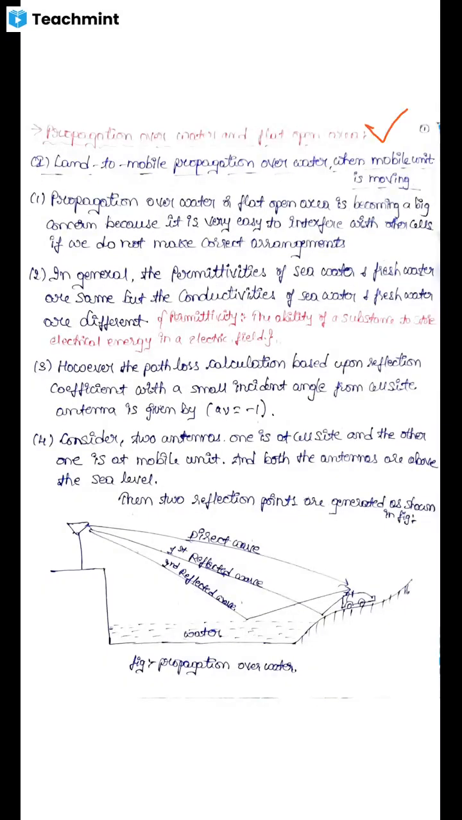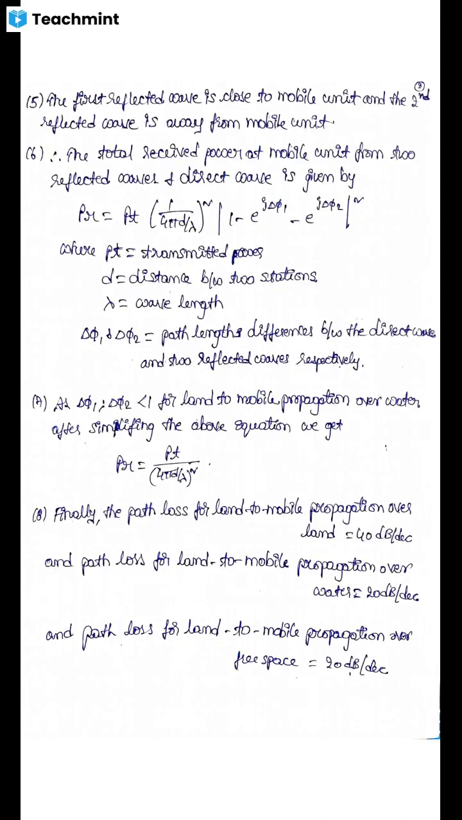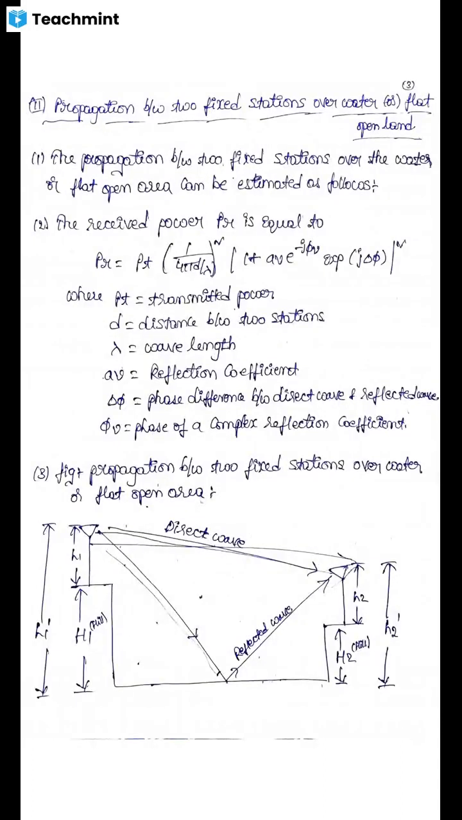In the previous class, we had already discussed land to mobile propagation over water when the mobile unit is moving. This is the first case. And in today's class, we will learn about the second case, that is propagation between two fixed stations over the water